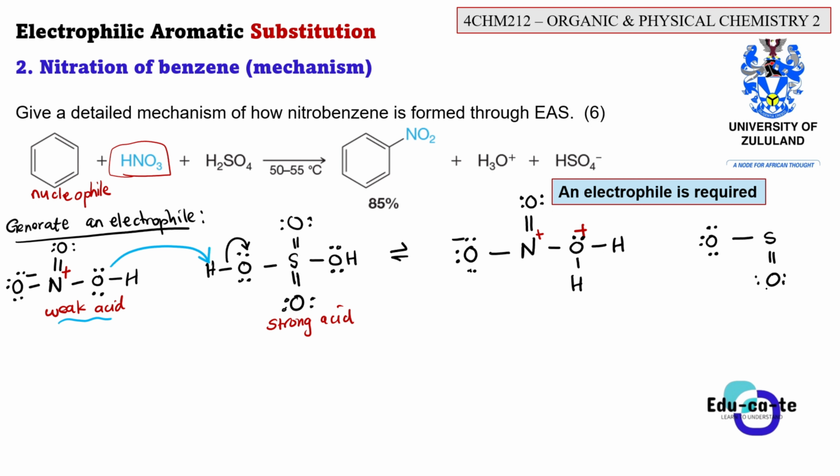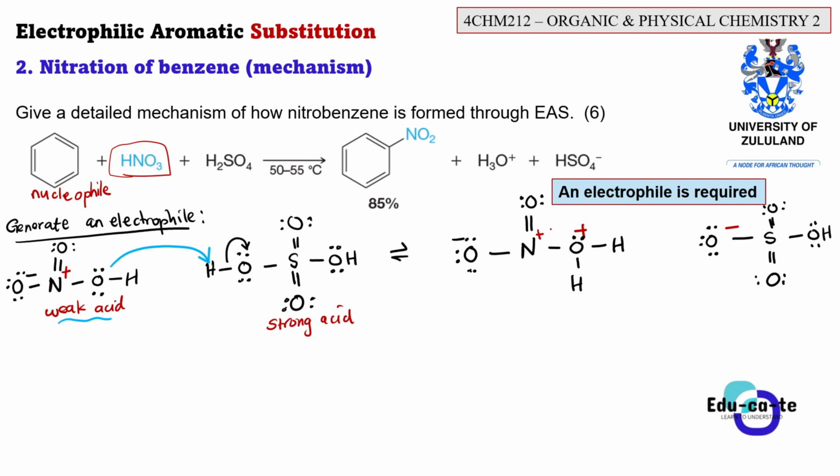Nothing changed on the other side, so this is still OH. Then we are still having 2 lone pairs here. This is still a double bond oxygen. We are still having 2 lone pairs, but this oxygen, guess what happened to the oxygen? This oxygen here will have a negative formal charge, because oxygen cannot only have 1 single bond. Oxygen carries double bonds, so that it will have a full good structure. So this is now having a negative formal charge. All right, so this is what we are having.